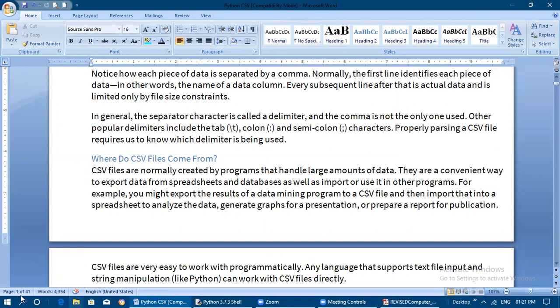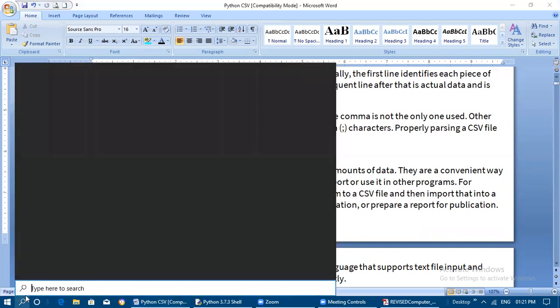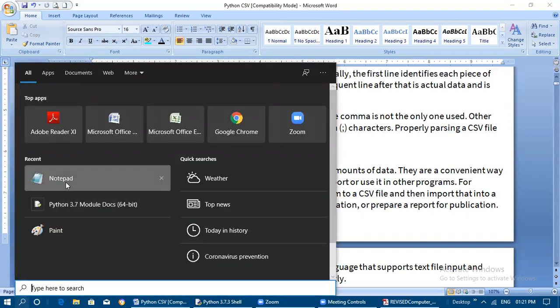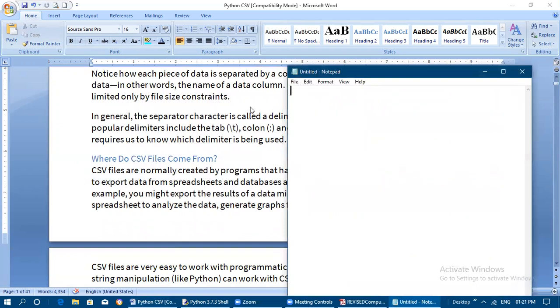So now we'll see one example of how a CSV file can be opened in a spreadsheet. I'm just going to open Notepad. I'm going to write some column names: serial number, comma, student name, and then class. Column names normally we need to give like this. Only these values I'm going to enter.